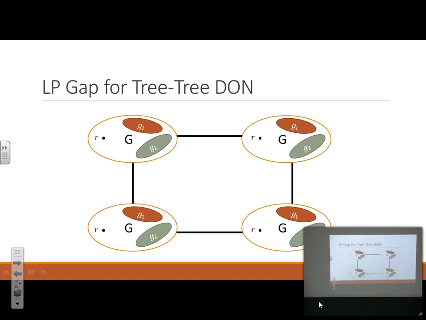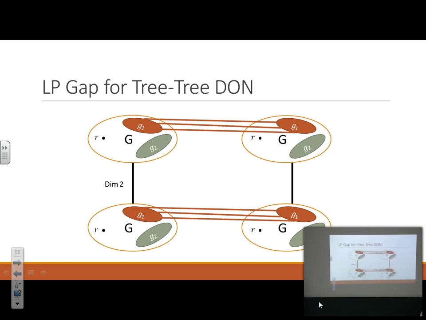Okay, by the way, in general, the dimension of the hypercube is going to be the number of groups in my instance. Okay, so that's where you'll get one of the logs going down. Okay, so now what do I do? How do I connect these instances up? Along dimension 1, I'll connect up all the nodes of group 1 using 0 cost edges. And along dimension 2, I'll do that for group 2. Okay, and that's my instance.